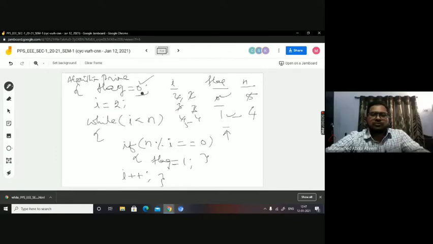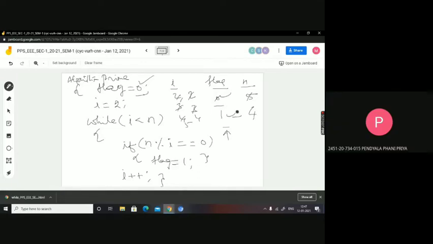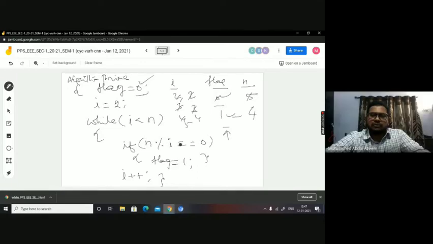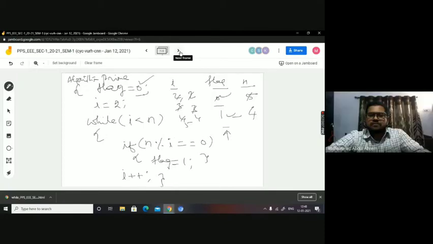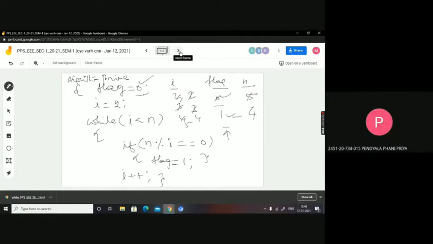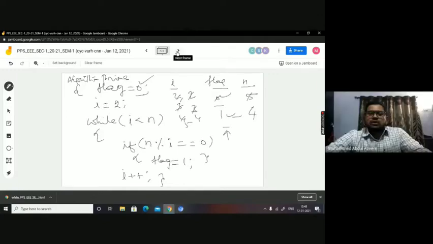Initially, it is 0. Before you enter into the logic, it was 0. We are making it 0, right? And only when this condition is true, the flag is going to be changed. So for a prime number, this condition will never be true, so it never goes inside. What was the initial value? It was 0. So it will be retained as 0 when you come out of the loop. Got it? Okay, sir. Is it clear? Yes, sir.